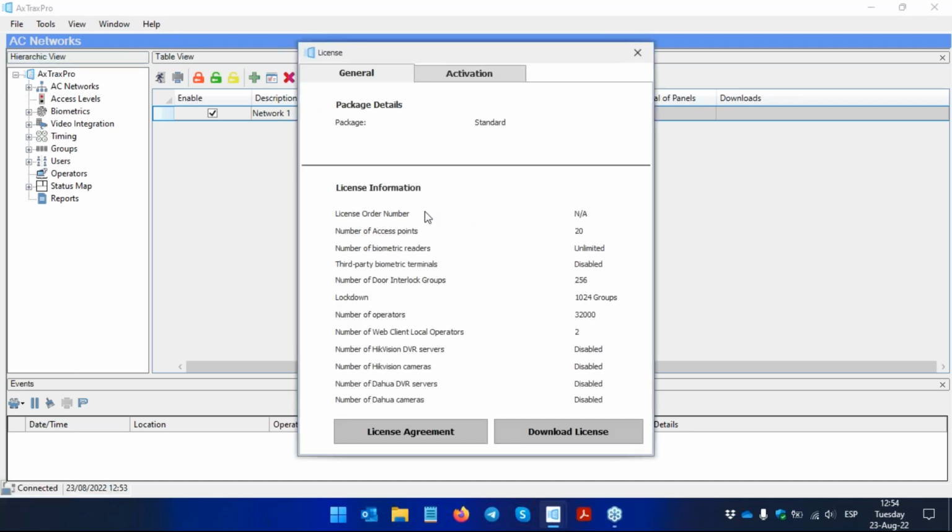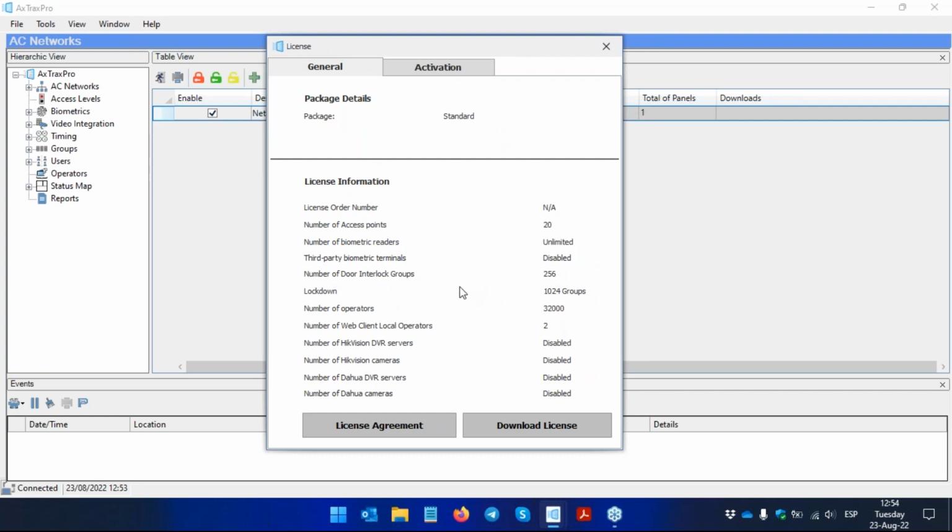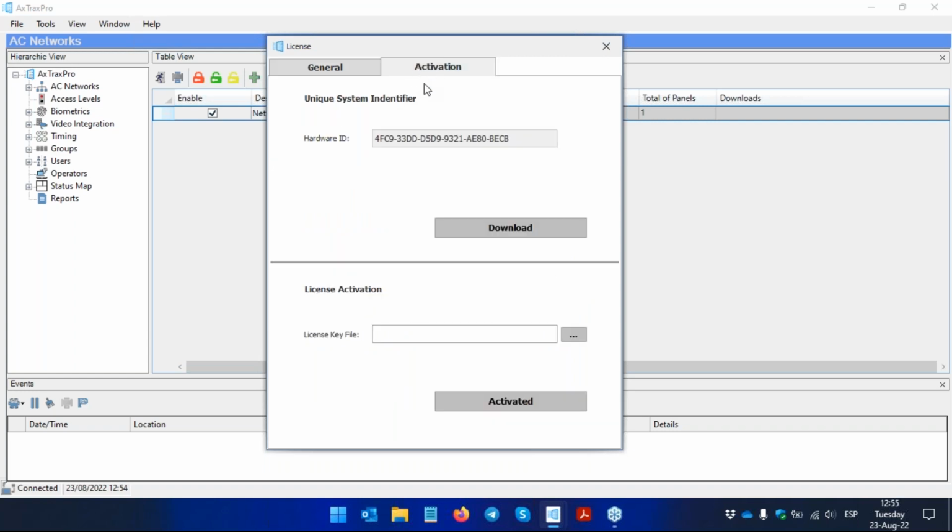And here you can see the number of access points, 20. This license was given to me by factory. Number of door interlock groups, 256. Lockdown groups, number of web clients, local operator. By default, the lockdown is 0, so you must ask for a license. Which is the method to activate the license? Well,